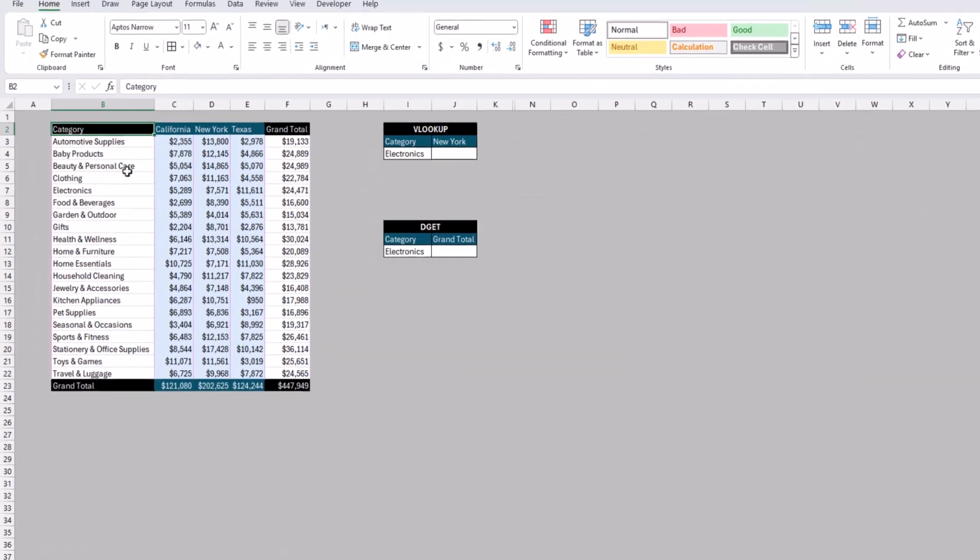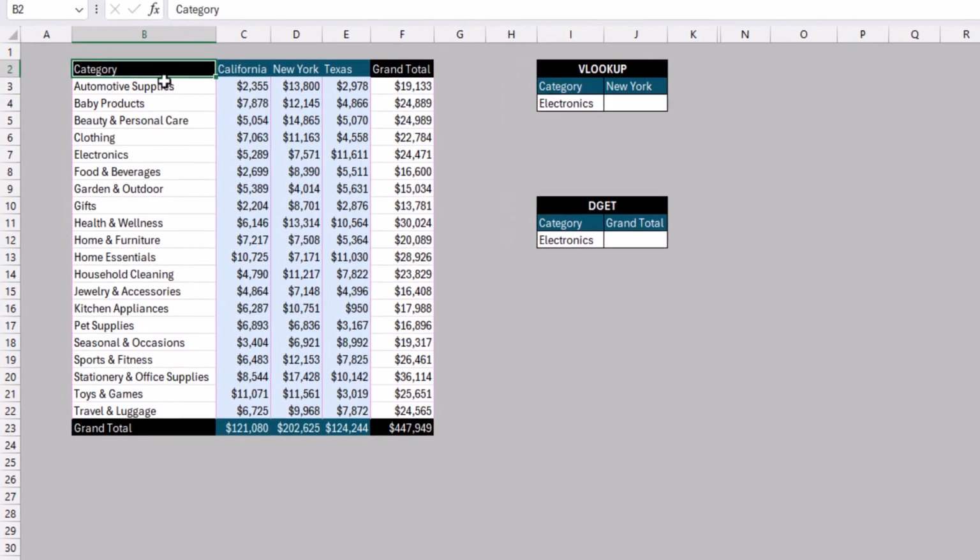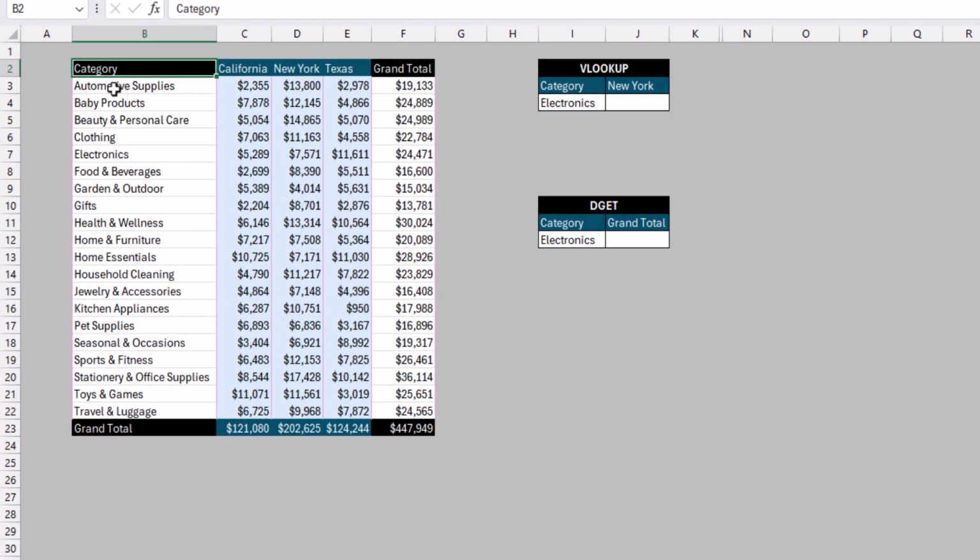Let's check the table that we are going to explain on. It's a very simple table containing the categories in the first column and then the total amount of sales for California branch, New York, Texas, and the grand total of the total sales for a specific period of time. Now we are going to check how we can get the New York's total sales for a specific category like